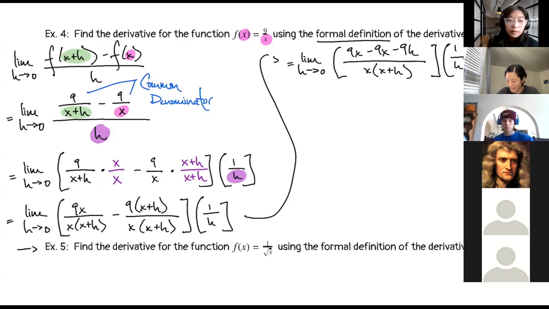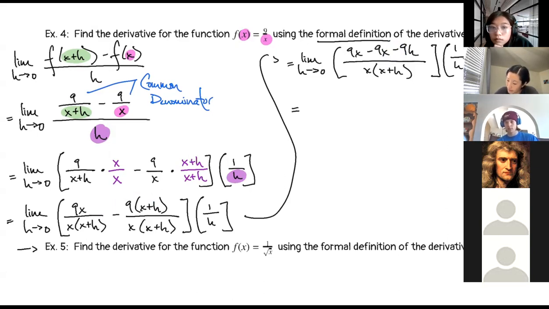So maybe the one thing I do want to clarify here is this minus sign. We have to distribute that to that plus. And so that's why we end up with 9x minus 9h over here. Okay, that's a really good way to phrase it because the parentheses are around the x plus h. So you're not just distributing that 9, but also that negative sign. Okay,